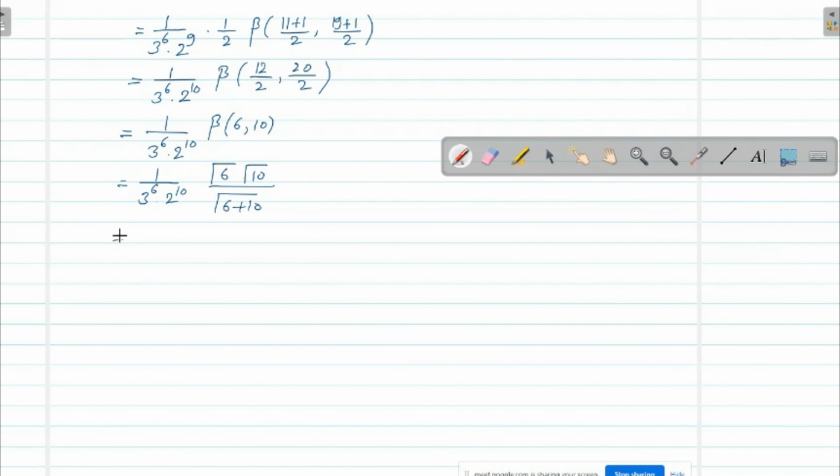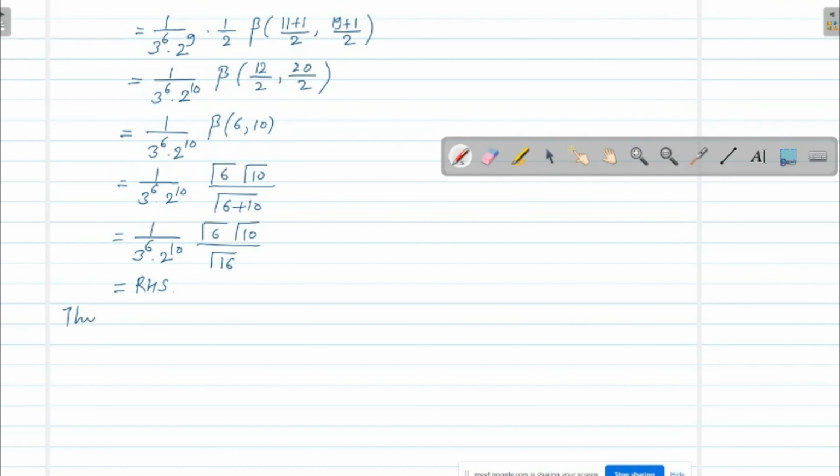Okay, and this is what? 1 upon 3 raised to 6 into 2 raised to 10 into gamma of 6 into gamma of 10 divided by gamma of 10 plus 6, 16. I think this is what we had to prove. Tell me, which is the right hand side? Yes, sir. Which is right hand side? Okay,